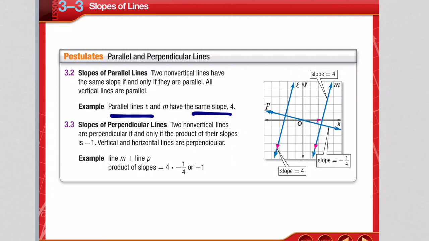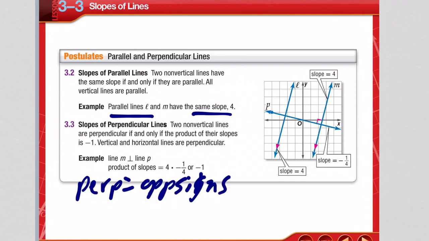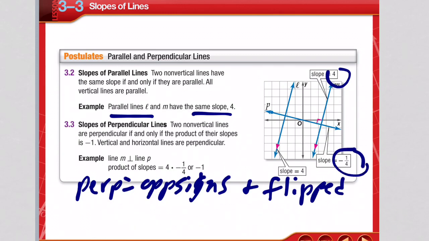So perpendicular lines, they have opposite signs, and the fractions are flipped. So like I said, they're reciprocals. So the reciprocal of 4 is 1/4, and then since this was a positive 4, this one is now a negative 1/4. So what we're going to do is we're going to talk about